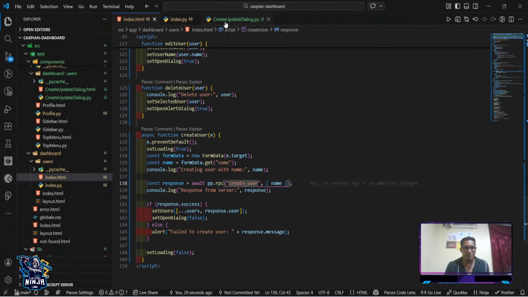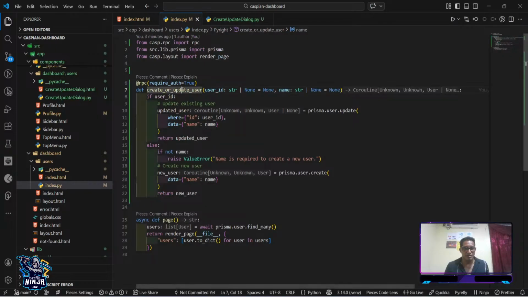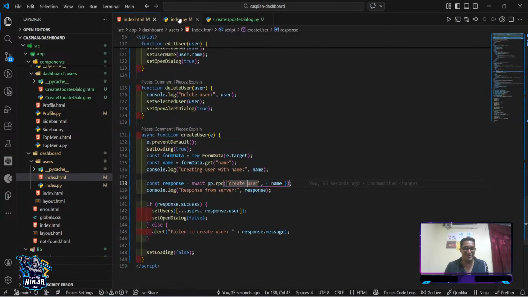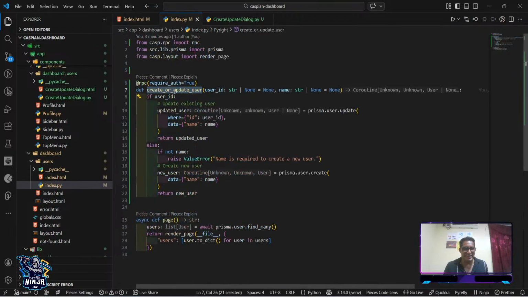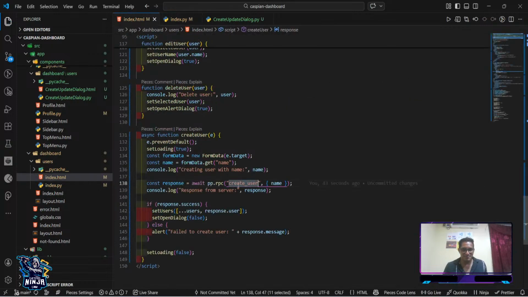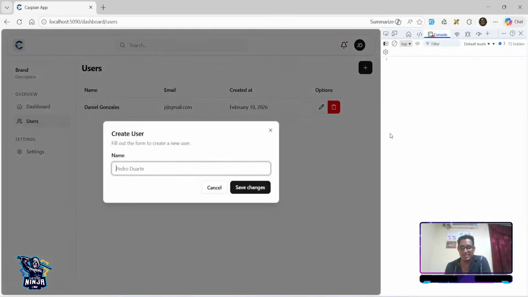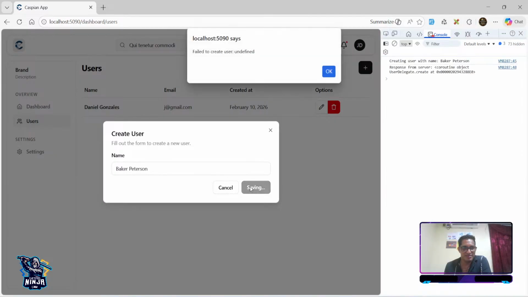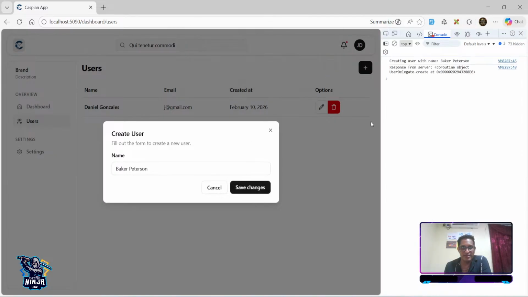Yes, create user, it's not the function name, it's create or update user. Let's do it that way. Create update user, paste the correct function information, and now let's give a try. Save changes, fail. Okay,